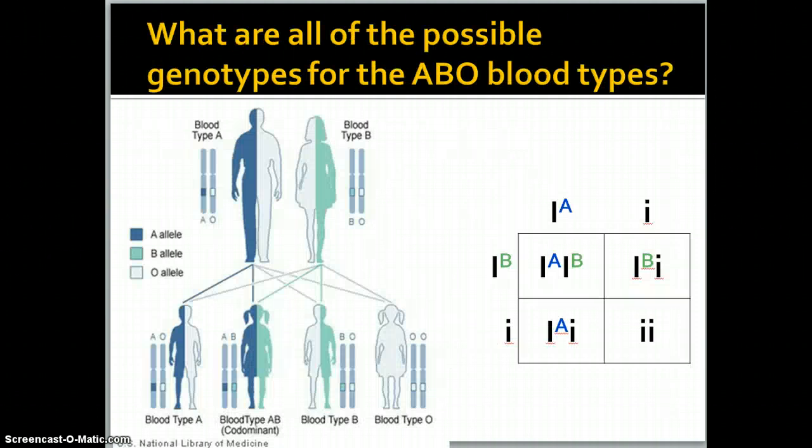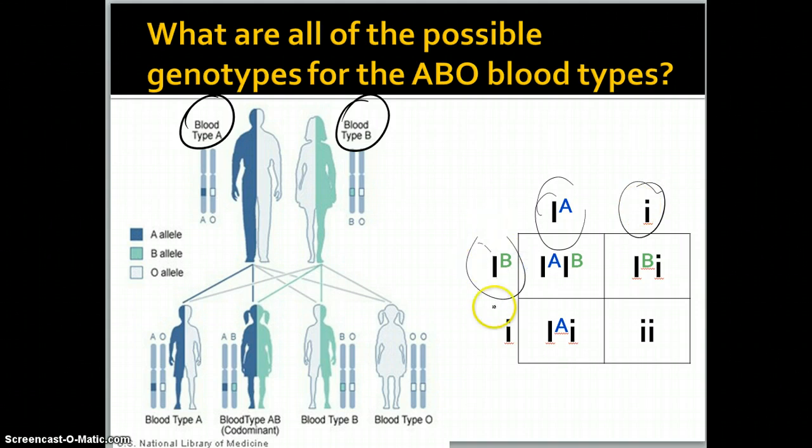So let's look at how you could draw a Punnett square for this. If I was crossing an individual with type A blood with an individual with type B blood, this is how I would write it if they were heterozygous. So I^A and little i. The other individual would be I^B, little i, because they're both heterozygous, so they have